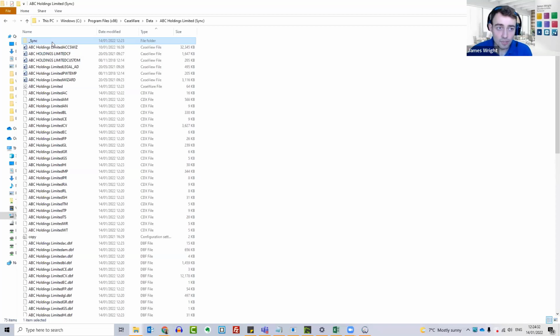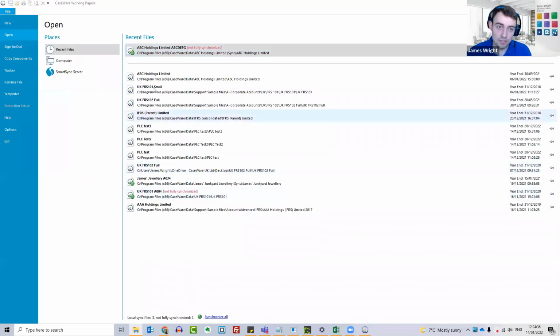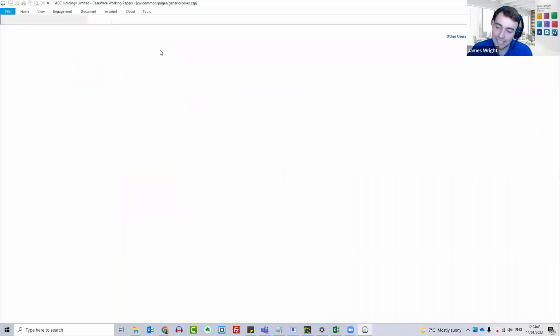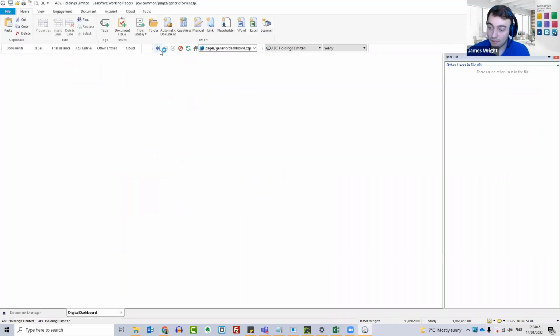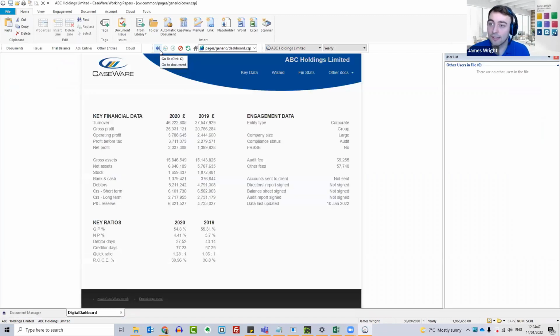So hit delete, remove that synchronized file, and now what we'll find on this screen is when we open up our file, it will be reverted to a local state again. So keep an eye on that bottom right again for the status. We don't have the pop-up and it's back to normal, it's fully blank. There's one last thing that we want to do just to clean this up,